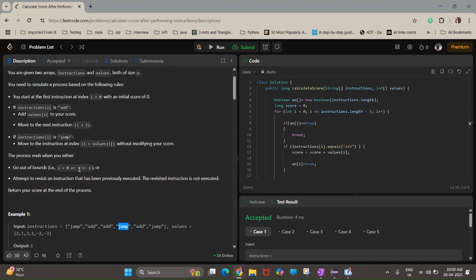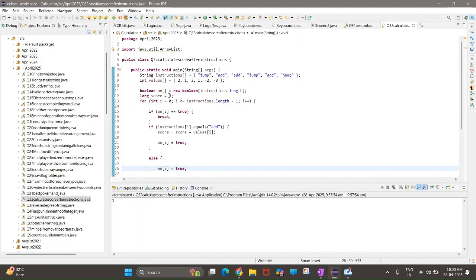Otherwise, if your instruction index is less than 0, you will end and return the score, or if you attempt to revisit a previously visited instruction which is already executed. Suppose you come to an instruction which has already been executed, you have to come out of the loop. So you have to keep these two conditions in mind, and take a data structure to maintain the instructions which have already been visited. I have done this for previously visited instructions by taking a boolean array,